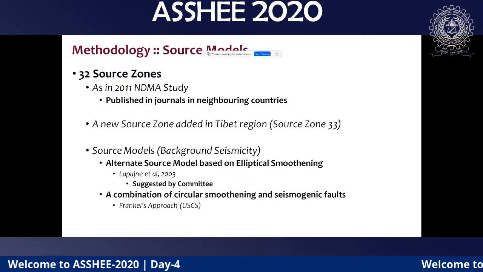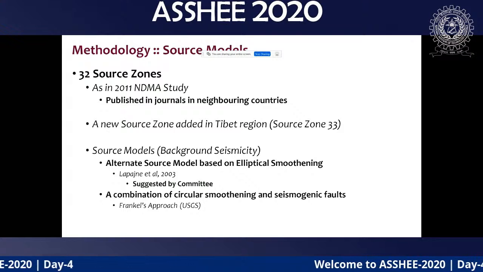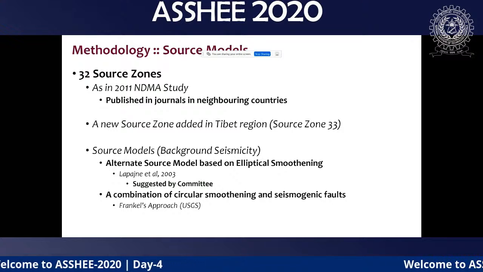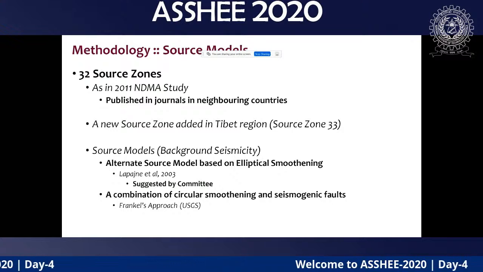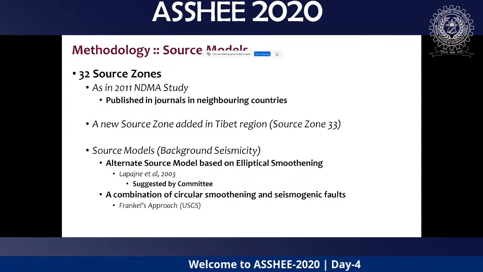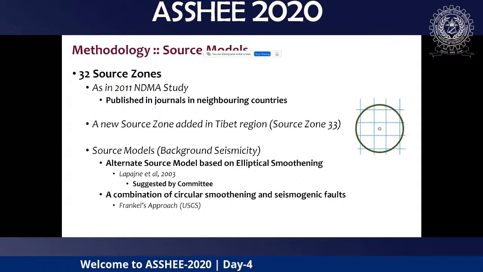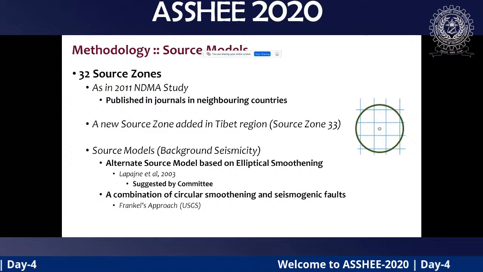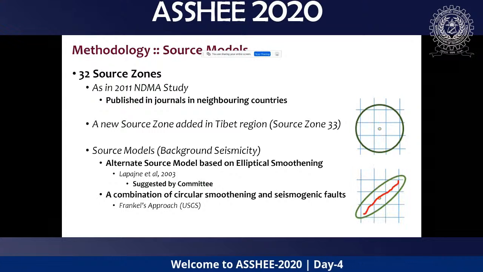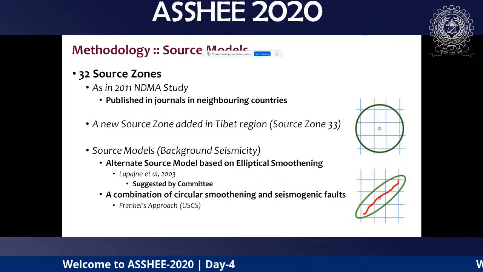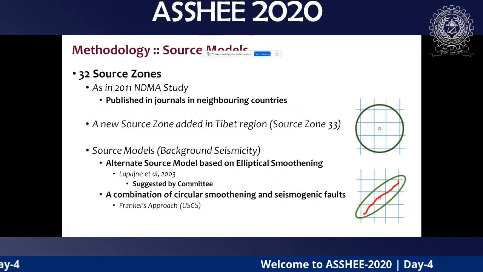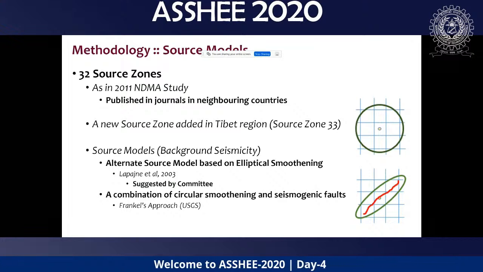And then previously the old method was based on the faults, but the committee says that you have to do background seismicity models, because many countries are adopting them, and there are a lot of papers on background seismicity. So one is elliptical smoothing, then circular smoothing, and these should also be used to compute the hazard maps. In circular smoothing, we count the number of earthquakes and then smoothen around a circle. Then in elliptical smoothing, we combine the fault information with the background seismicity, and using the fault's strike angle, length, and width, we smoothen around an ellipse around the faults themselves.